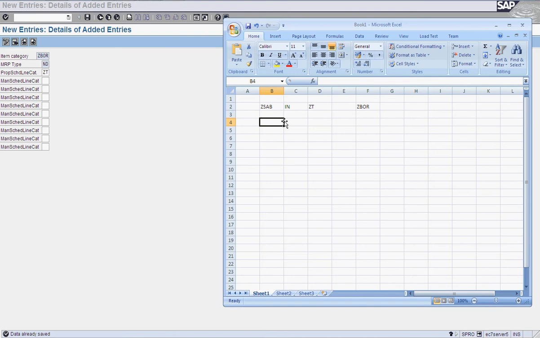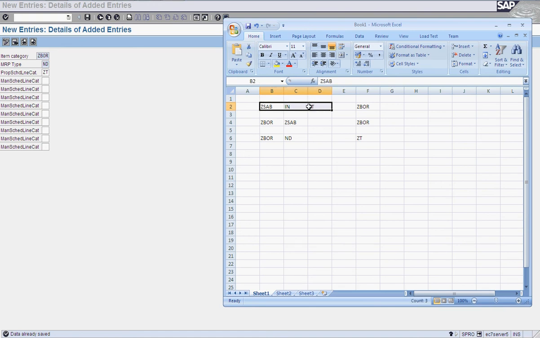Once we have ZBOR, the system will check item category group as Z sub and usage blank. It will determine item category as ZBOR, and once it has determined ZBOR item category, it will try to find out MRP type as ND, and then it will determine schedule line category as ZT.